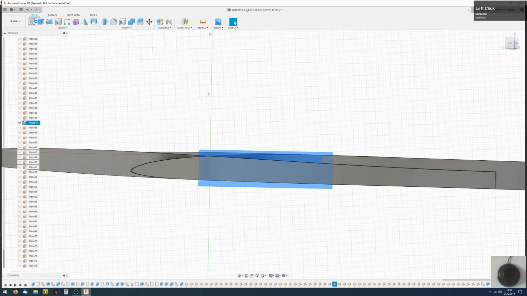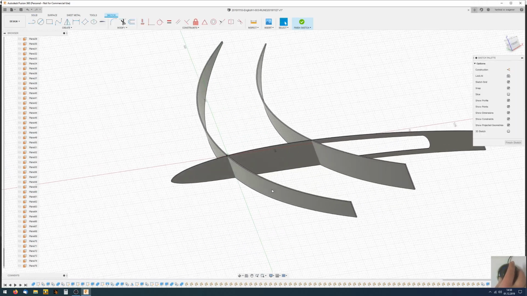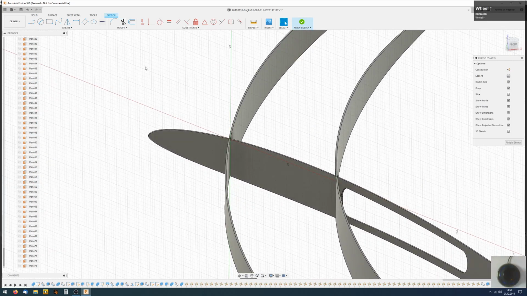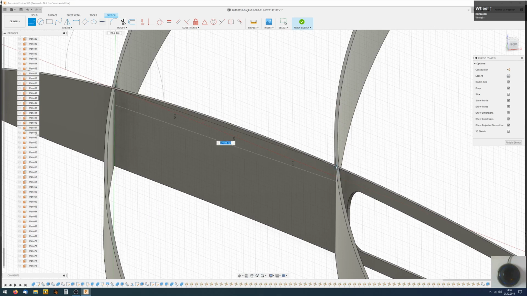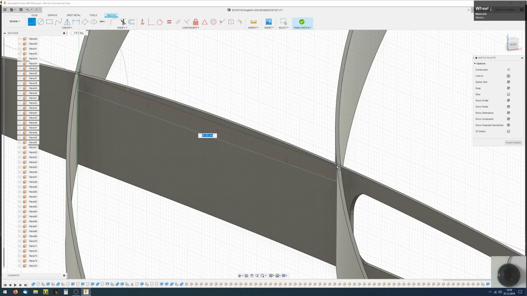Create a drawing. Plane 4, 7 should be invisible now. There we are. And do the same as before. Create a drawing from this point to this point.